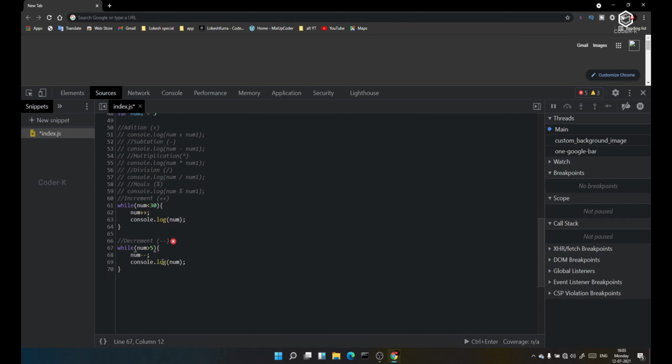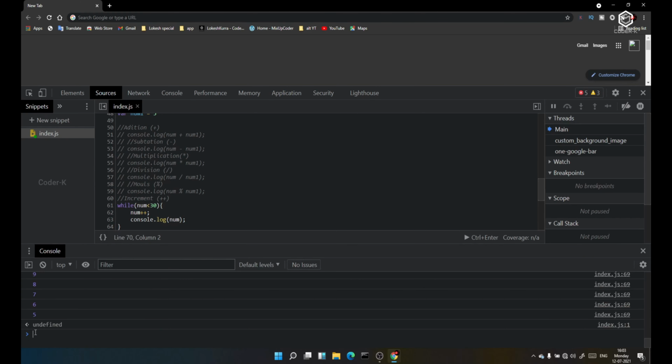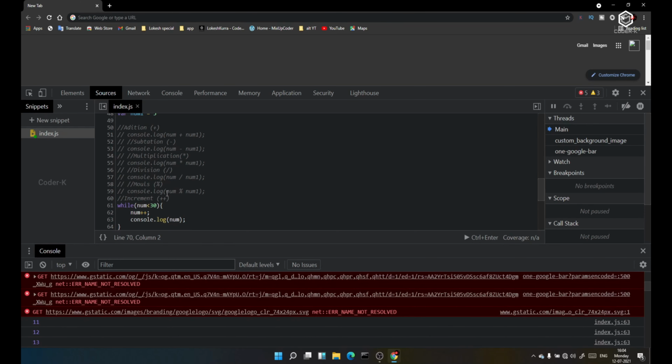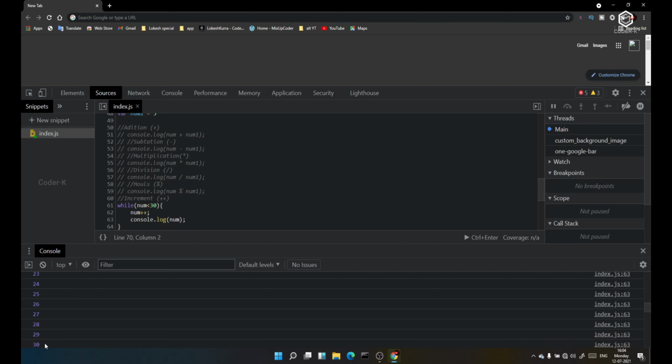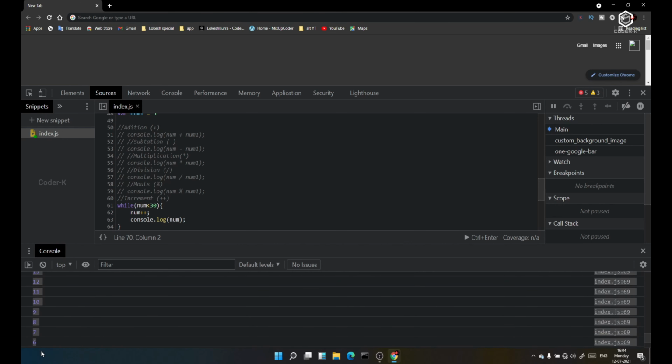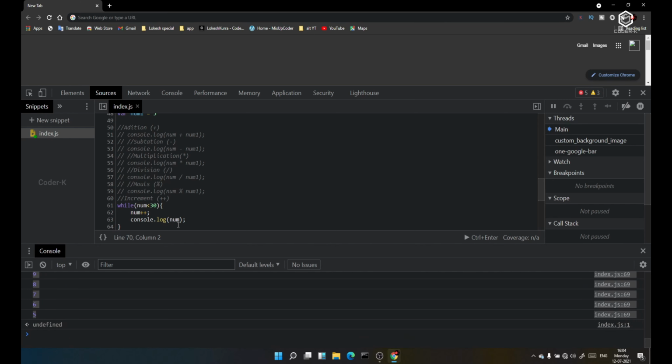I will decrease the thing. Let me run this thing. Here you can see the above thing has printed from 11 to 30, and the below thing is 29 to 5. Num is below 30. It printed from 29 to 5.